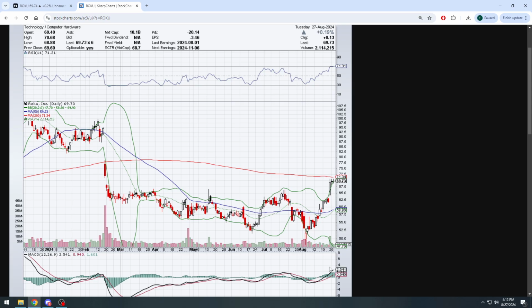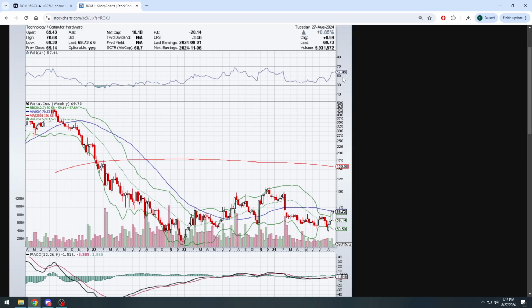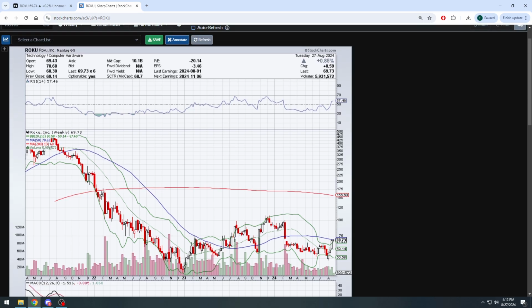The MACD has been climbing steadily here with these pops. Switching over to weekly, though, we can see the RSI still has room to grow. It's sitting basically middle of the road, 57.5. So we can keep going. And the 50-day moving average, 70.63. Stock hit a high